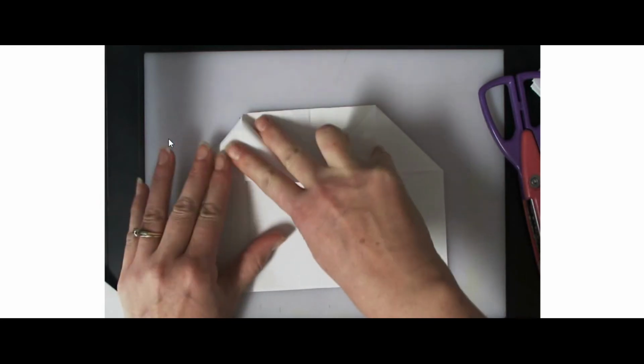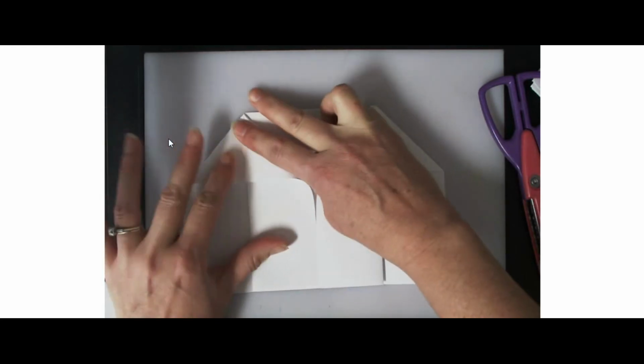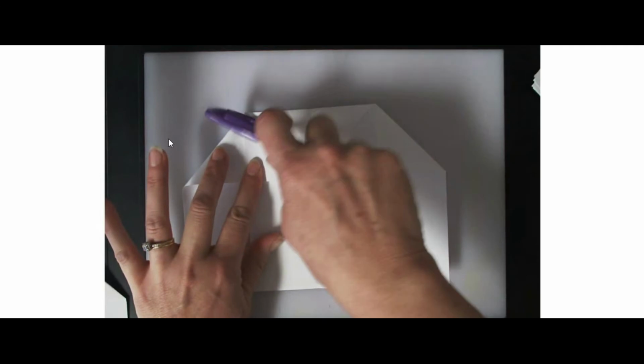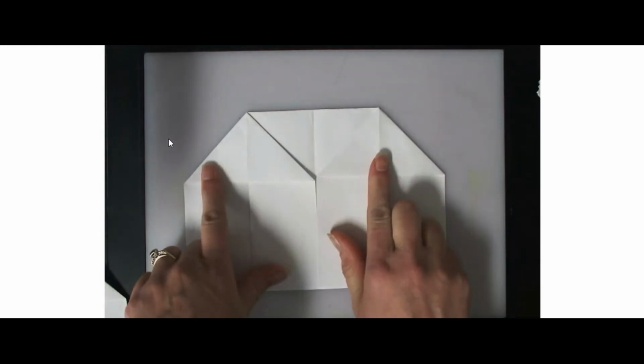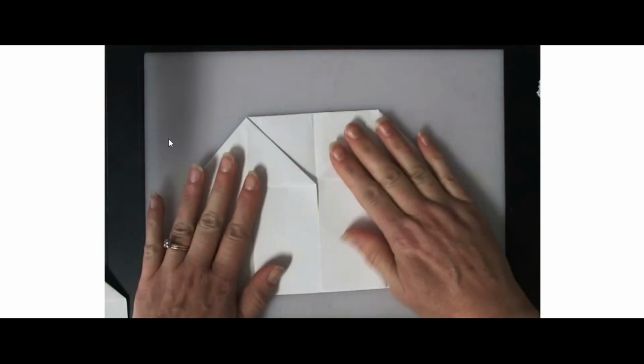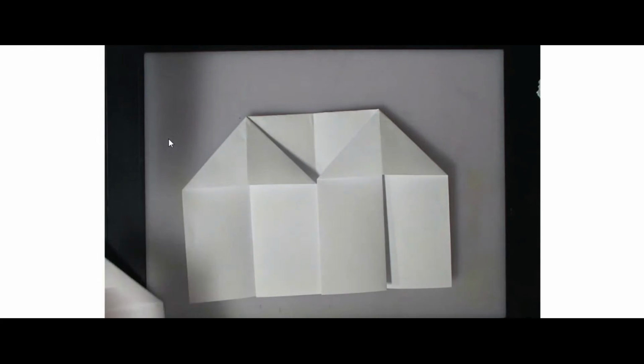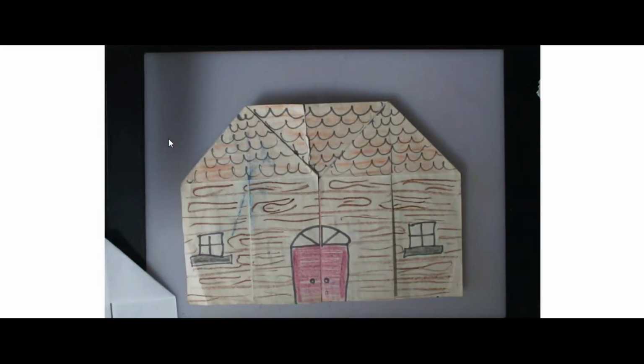Very simple, very simple. So open it up, press down at the top if you have to, and assist it to make that triangle shape, and then again use something to crease the edge. So now we've got a nice origami house, and it's all ready for our decorating and our architecture design that